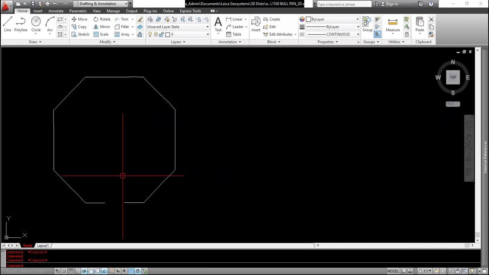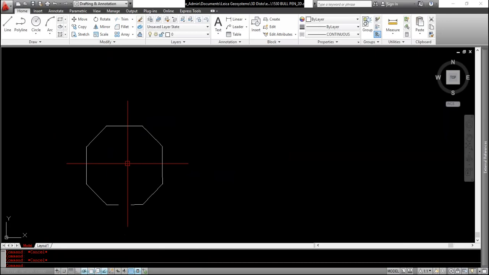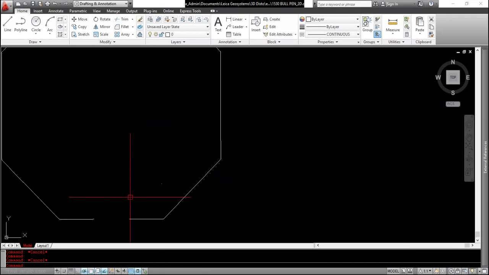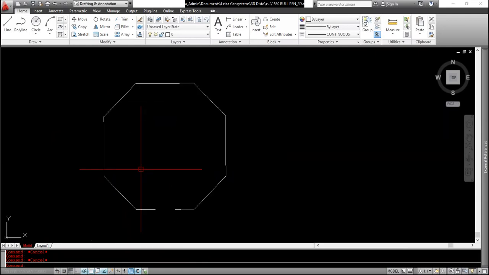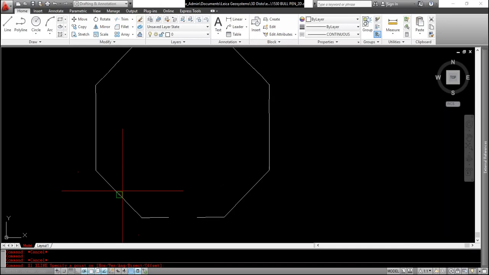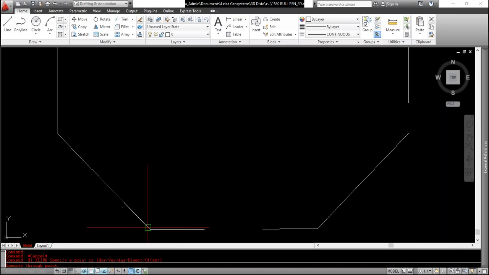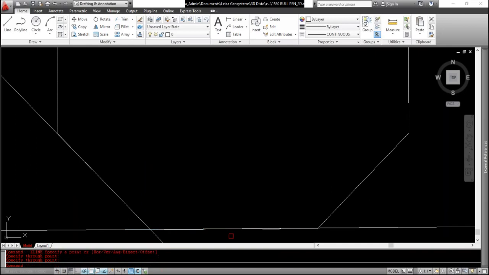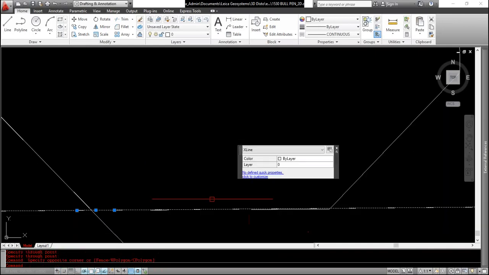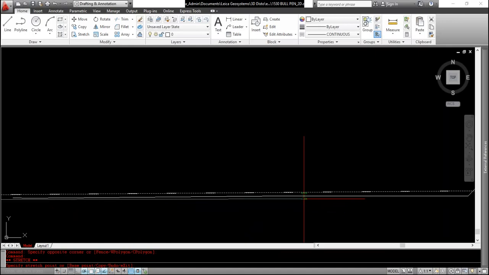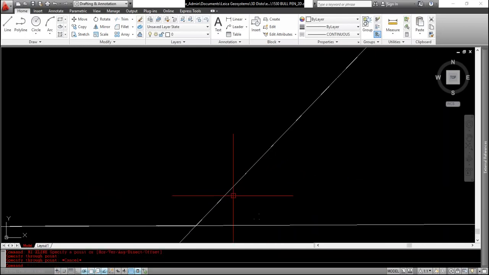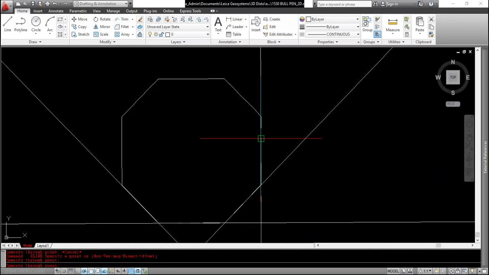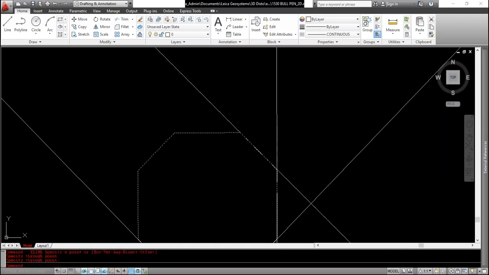And occasionally, for some odd reason, the join command won't work. The pedit command will usually always work. So what I do too is kind of use X lines and kind of get for the offset here. And this is kind of my personal preference, but this is kind of how I would work this through to get it ready for a CNC machine, is do these X lines, and I'm just kind of picking 2 points along this and getting things close,